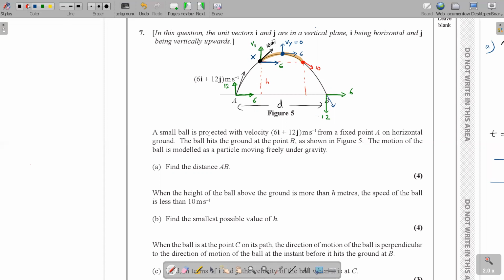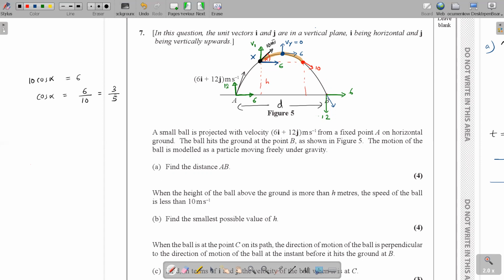So what I'll do here is mark an angle, let's say alpha. We know the resultant velocity, we know the resultant speed, the 10. So you resolve your speed and you can get your horizontal and vertical components. So you get here 10 cos alpha. This alpha is a value that I used, it was not given. So 10 cos alpha should be equal to your horizontal component 6, right? So you end up getting cos alpha equals 6 over 10, which is 3 over 5.